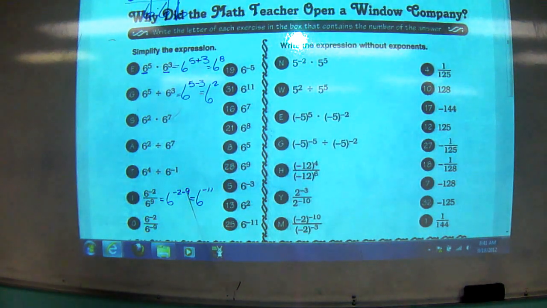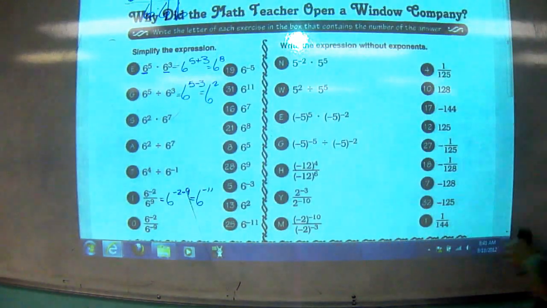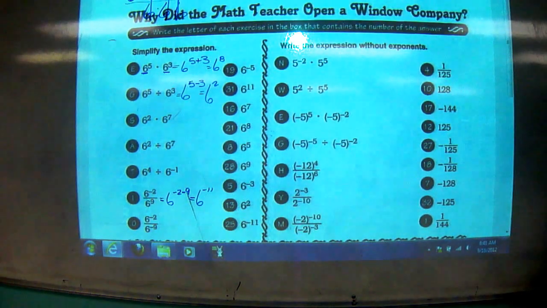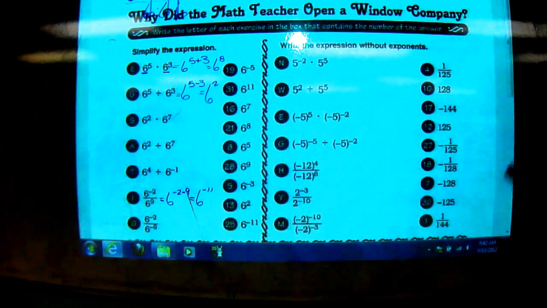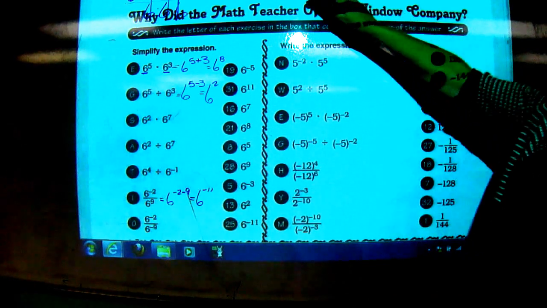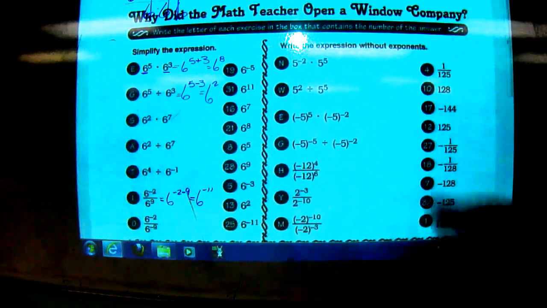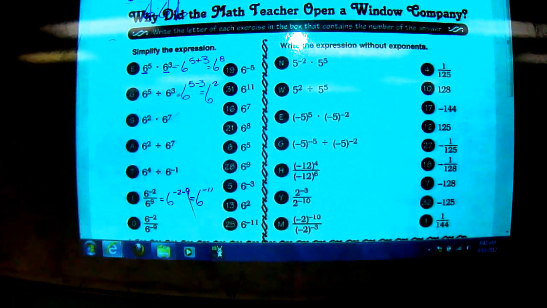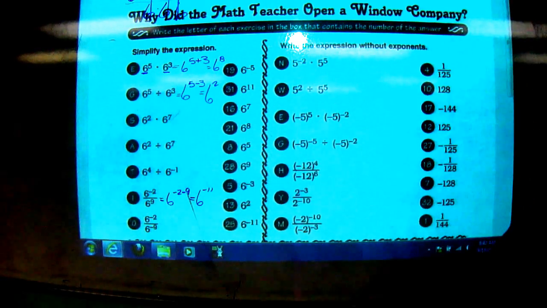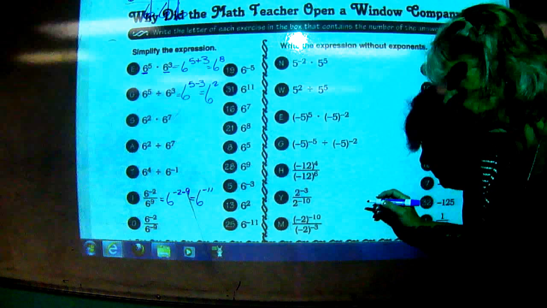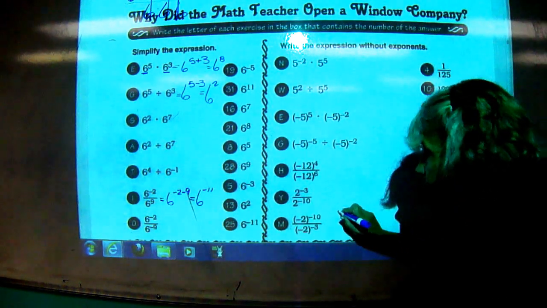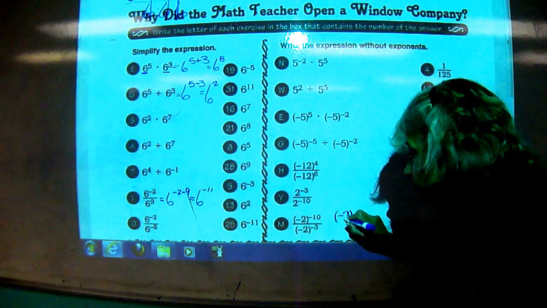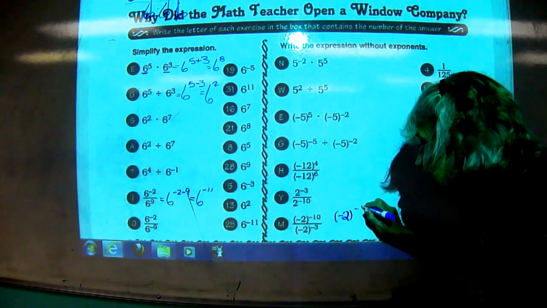Okay? Top half, pretty straightforward. You know how to set it up as a fraction, just like I did if you get stuck. Just set it up, write it out. Get used to it. If it's a negative 2, do negative 2 to the negative 10